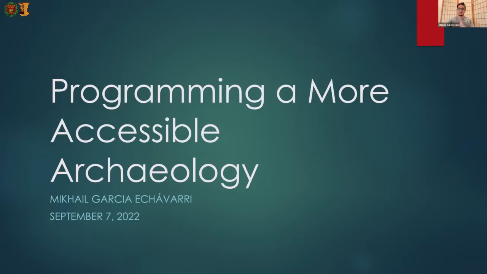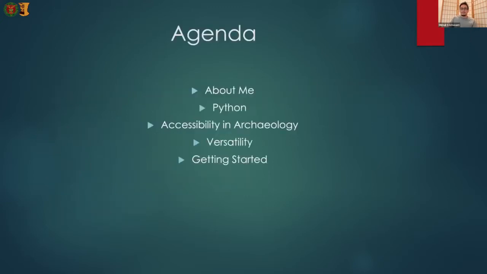I mean for this talk to be super introductory, sort of for those of you who don't know very much about programming or coding, to sort of get a handle on what it's about and how you might look into getting started with it or utilizing it or introducing someone else to utilize it. So that's that. So here's just the general outline. I'll talk a little bit about myself, although Anna covered a lot of that. I'll introduce Python, then talk about how that can be used for accessibility, and then go on from there.